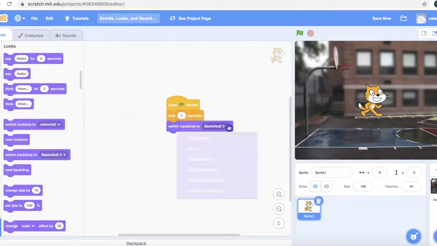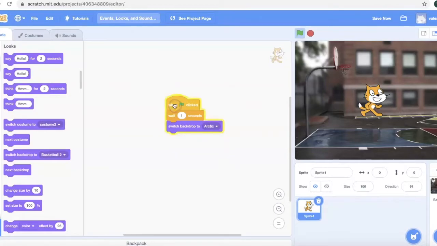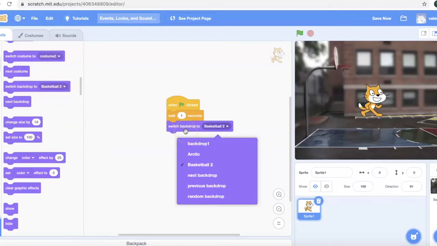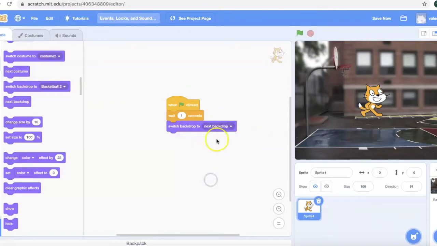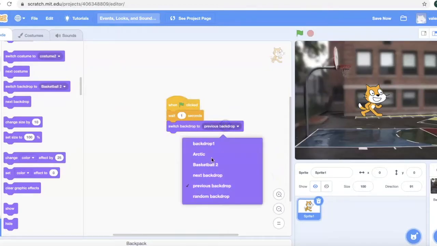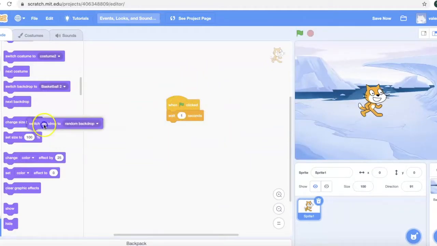I've pre-selected a few different backdrops to demonstrate. In order to switch backdrops, we need to select which backdrop we want to switch to. In this case, I'm going to choose the Arctic background, so that when the sequence runs, the background will switch to the Arctic backdrop when we specify. You can also use this block to select next backdrop from the drop-down menu, as well as previous backdrop, or a random backdrop from the ones that you have selected. Similar to the next costume block, the next backdrop will simply go to the next backdrop that you've saved in